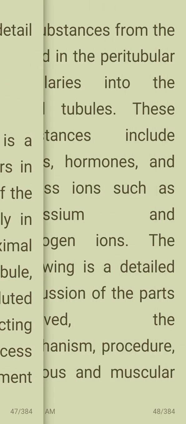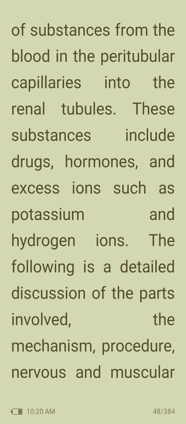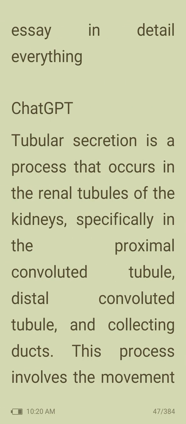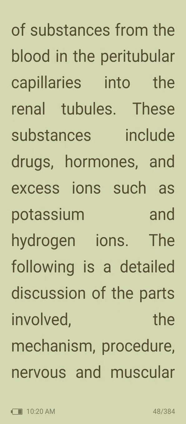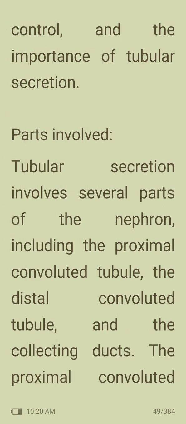What's happening? Movement of substances from the blood in the peritubular capillaries into the renal tubules. The substances include drugs, hormones, and ions such as potassium and hydrogen ions. So parts involved. Tubular secretion involves several parts of the nephron, including the proximal convoluted tubule, the distal convoluted tubule,